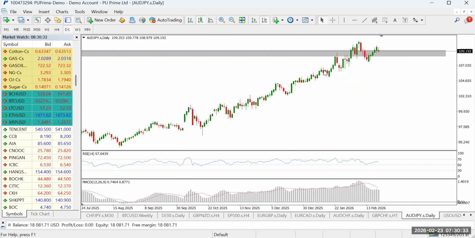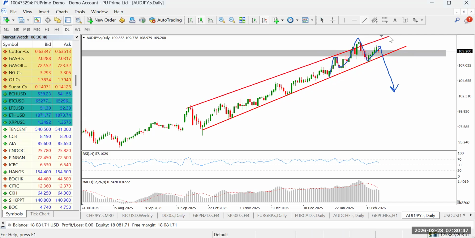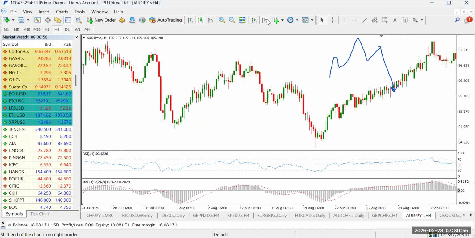And on the daily, I'm seeing the formation of a shoulder, a head, possibly a second shoulder, and the next wave should be a downward movement. All right, so we have a head and shoulder forming on the daily time frame. And if we zoom down to 4 hour,